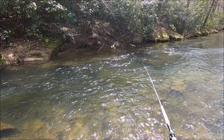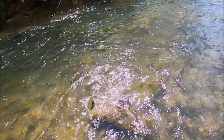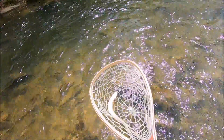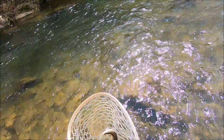Yes! Fish on! Oh, it's not a trout, it's a fall fish. Okay, still caught a fish though. Fall fish, what are you doing? You done got me all excited. Well,